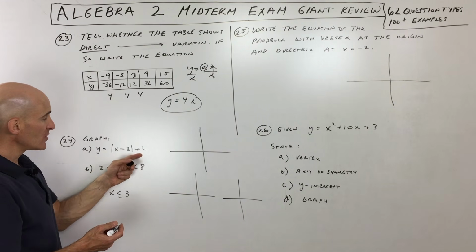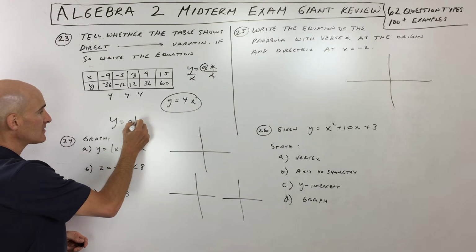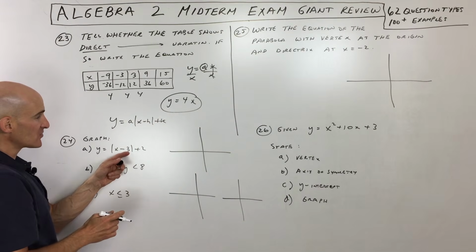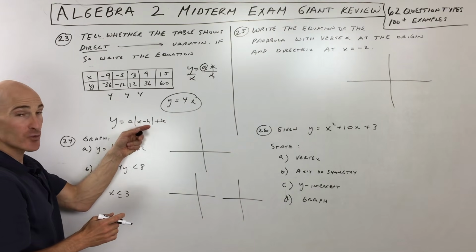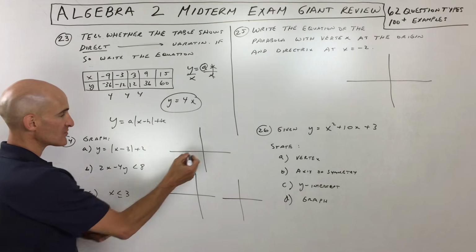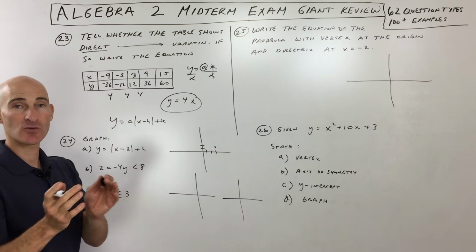The first thing we're going to do here is we're going to notice that this is in the form y is equal to a times the absolute value of x minus h, plus k. hk is the vertex, so this is actually going to be a positive 3. The one group with the x here is the opposite sign, positive 3, and this one's going to be the same sign, positive 2. So I'm going to go right 3, up 2, that's the vertex. That's where the graph bends.